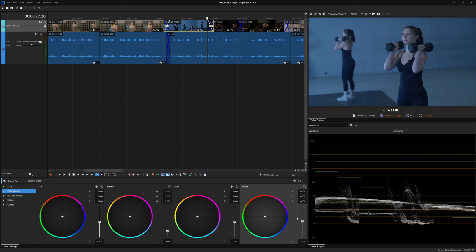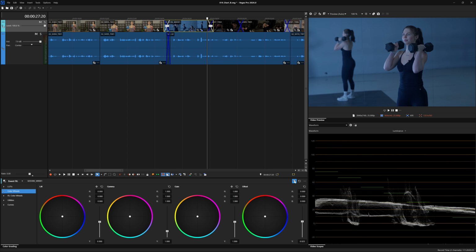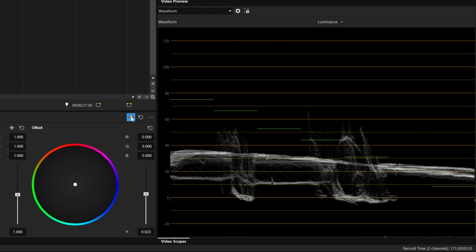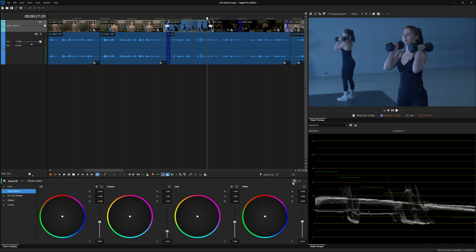To keep track of your adjustments, I recommend using the bypass color grading button to toggle between the original and graded version of that event. This is something I use all the time. The more time you spend on the color, the more desensitized your eyes get. So without giving yourself a little reset, you can end up with a really exaggerated result.